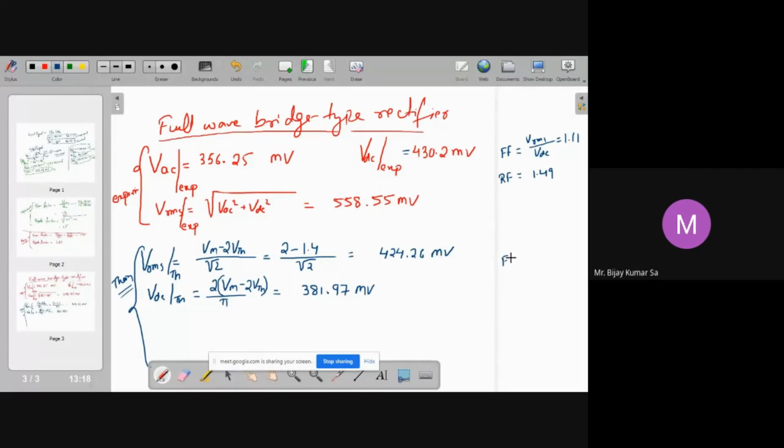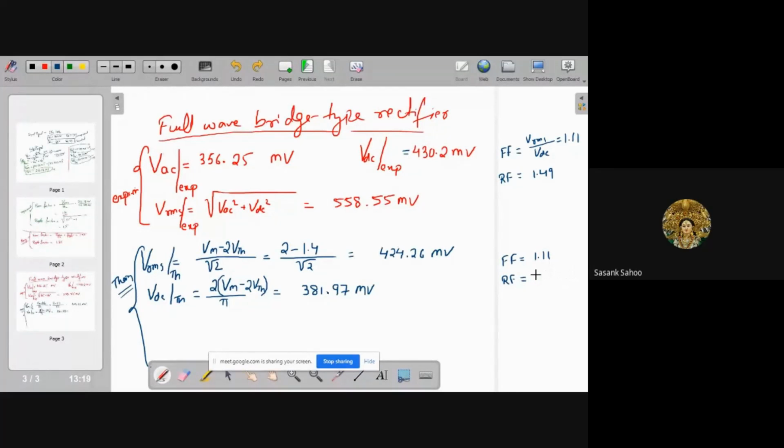Form factor theoretical के लिए 1.11, again 1.11. Okay. Yes sir. That means theoretical and experimental we are getting very close, huh? Form factor, ripple factor कितना निकला? 0.48 सर।